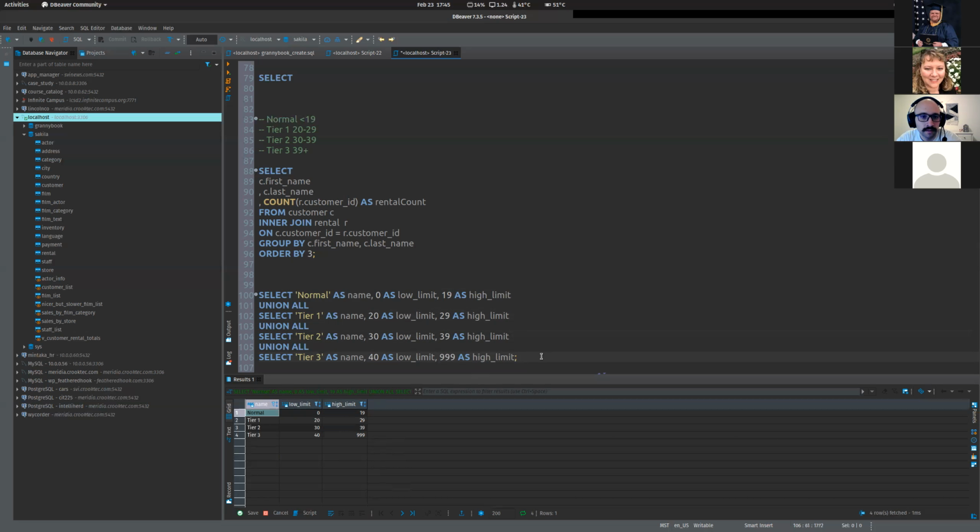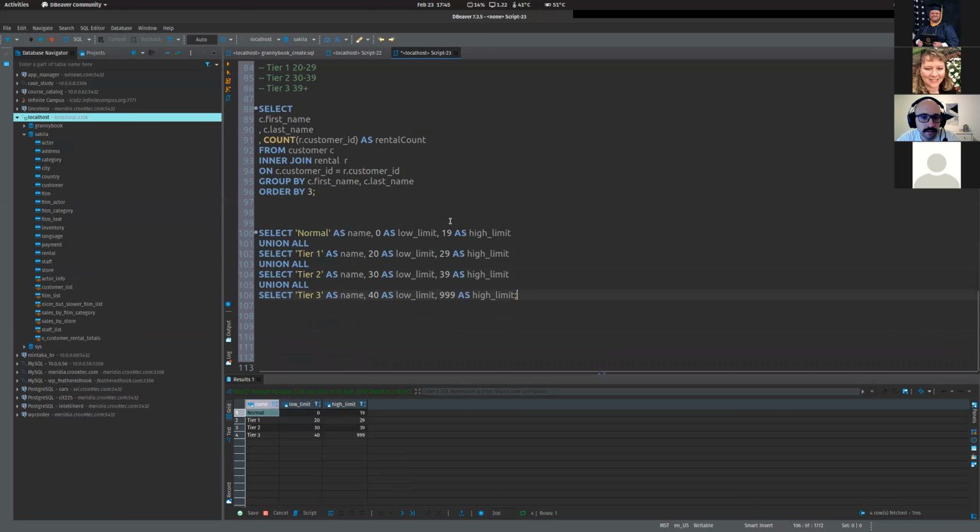So I can run this, and now all of a sudden I have a table that's kind of, I like to say, fake. It's fabricated. It doesn't exist anywhere. We just made it out of nowhere. So now, because we have our tiers built in a little fake table, and we have our rental counts by customer,